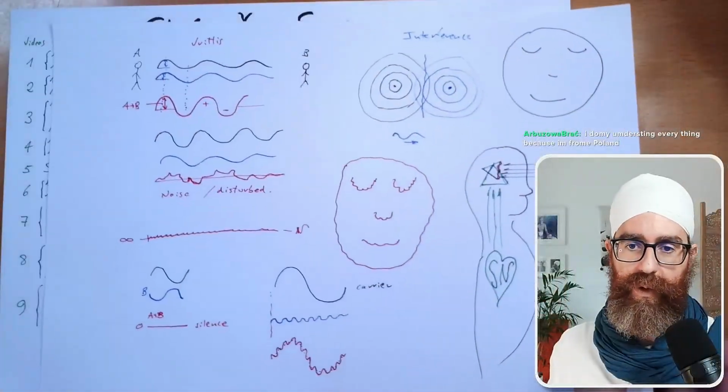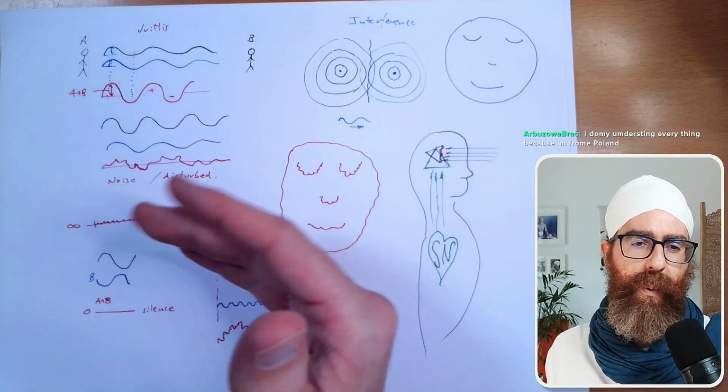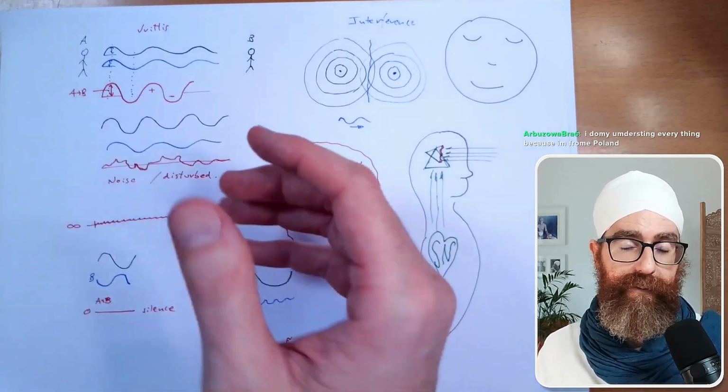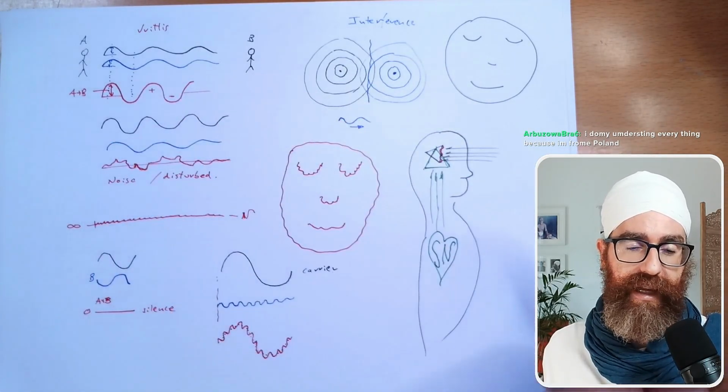So I was using this image to see what happens when we have one wave and there's another wave, and how two waves get together, and that can have a certain number of effects. It can be adding and subtracting. It can be two waves in harmony adding to each other, or two waves desynchronized or out of harmony, and they can be creating all sorts of interference and noise and something that is not conducive to the state of meditation.